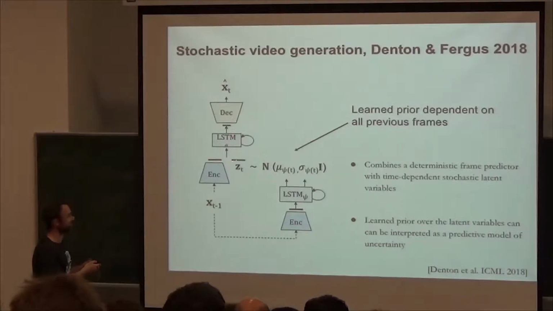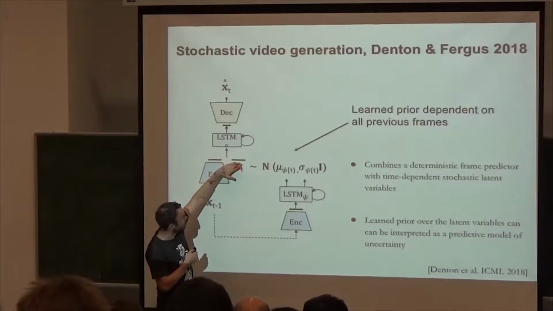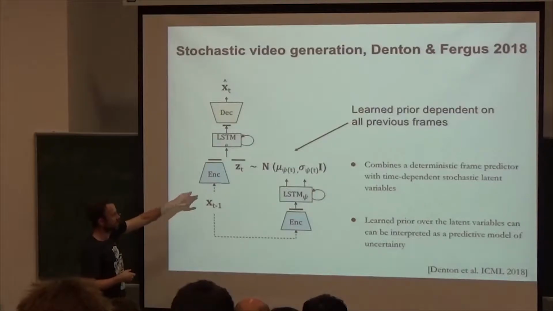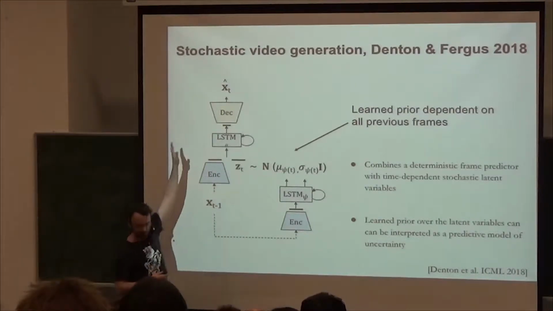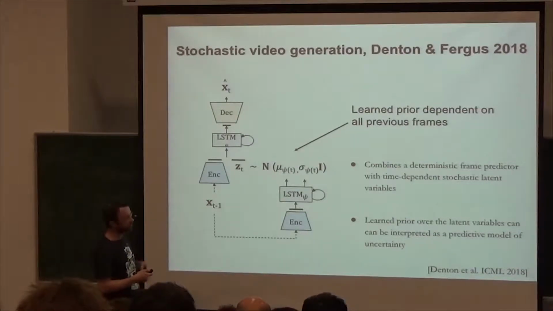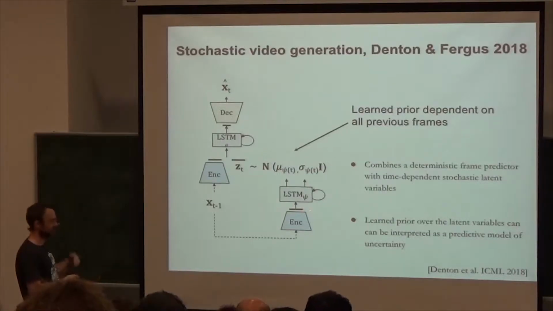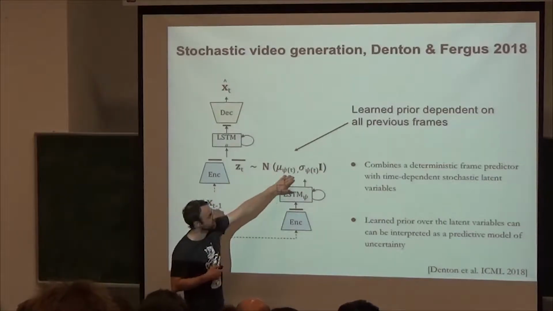Then the idea is that you take this deterministically computed feature, concatenate it with the latent variables z, and pass them through to decode. The point is, if you draw different samples from this distribution, you will get different future frame generations. We'll look at some in just a second. And the key point is, this prior, at least in this work, and I'm going to contrast it with some other recent work, is actually learned